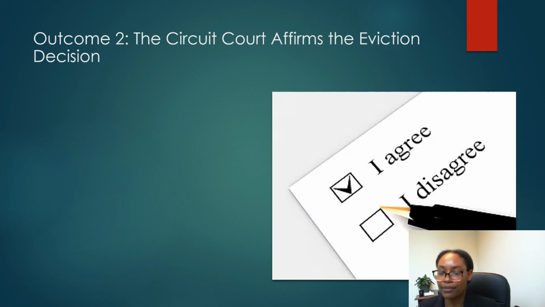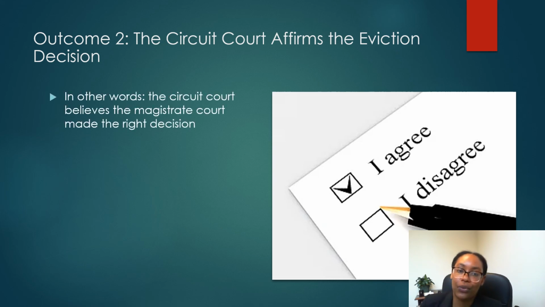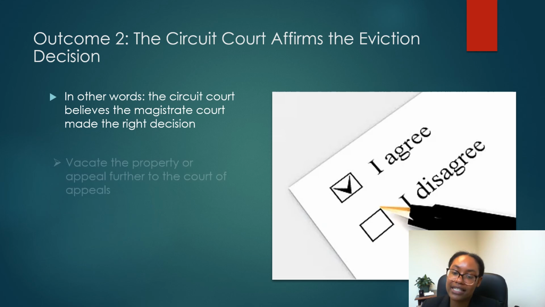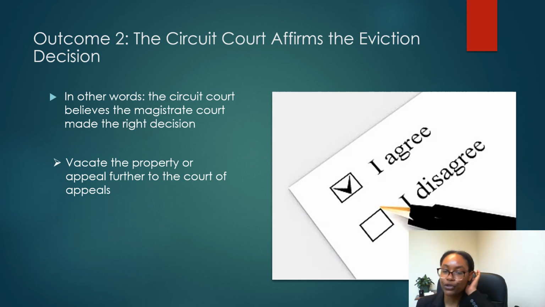The other outcome would be that the circuit court affirms the eviction decision. So they agree with the magistrate court. They believe that the magistrate court made the right decision. So in this case, the decision would not be in your favor. You do have options. In this case, you can vacate the property, or you can appeal further to the Court of Appeals. But once again, as I mentioned earlier,